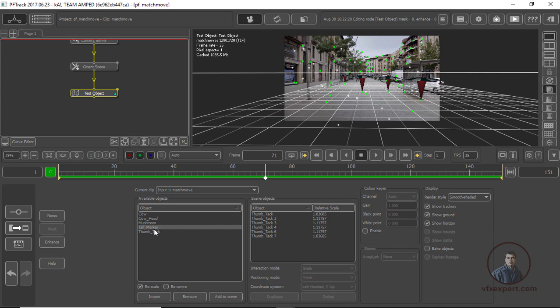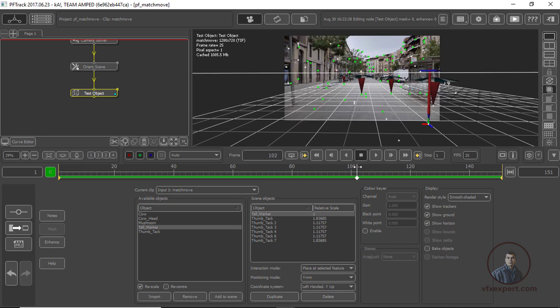So there are two options: simply double click on your object or click on add to scene, then click here, double click. Now here you will see again the object is on your origin. Now select your points, any points like this. Now here you will see this is your tall marker. Again same here, you can also place, then duplicate, then place this one here.